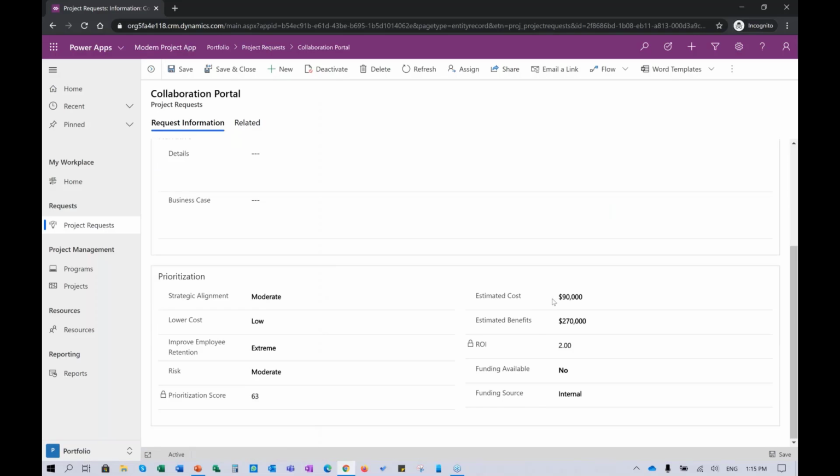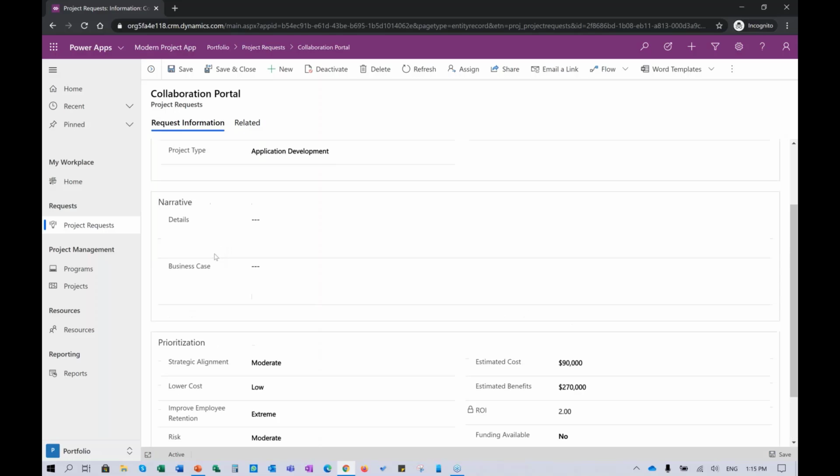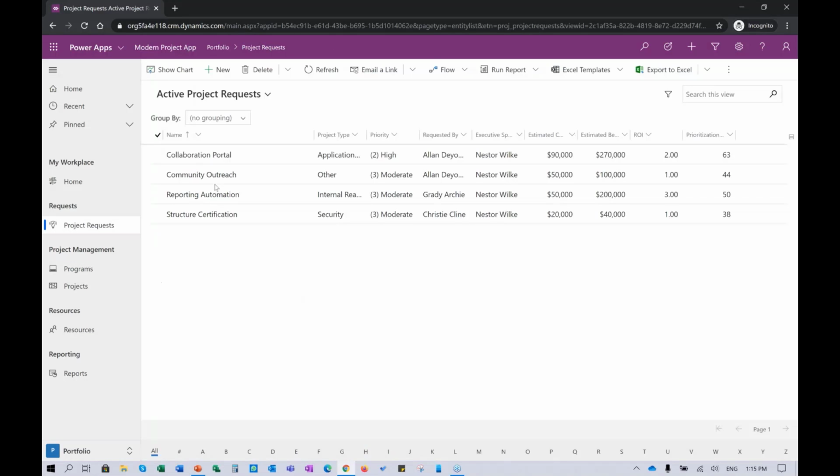In terms of financials, we have summary financials throughout the entire solution. At the request level, you can include that, which drives an ROI, and then additional criteria here, metadata in terms of funding availability or whether it's internal or external. You can remove these if you want when you use the solution. So our request